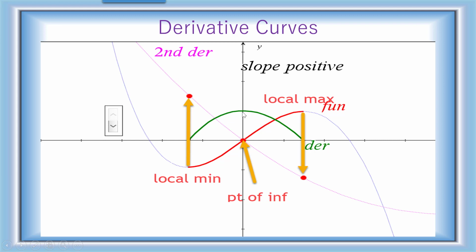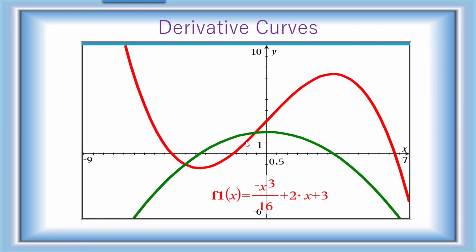And then you can see that my gradient from here is positive, but less and less positive and approaching 0, and that's where the gradient becomes 0 for my red curve over there. Now the reason I've drawn the second derivative is that at times it can help you find where the point of inflection is, but I won't cover that in today's section. I'll leave that for another lesson. So red is my original function and green is the derivative curve.